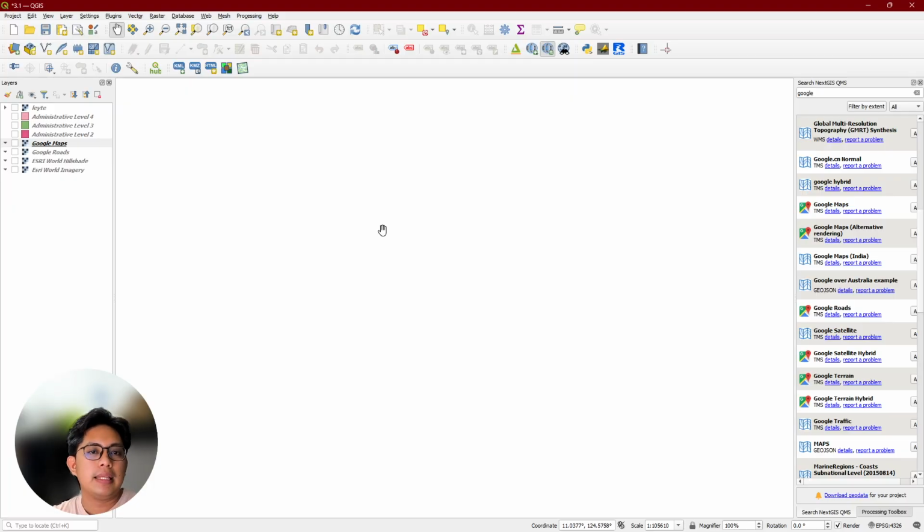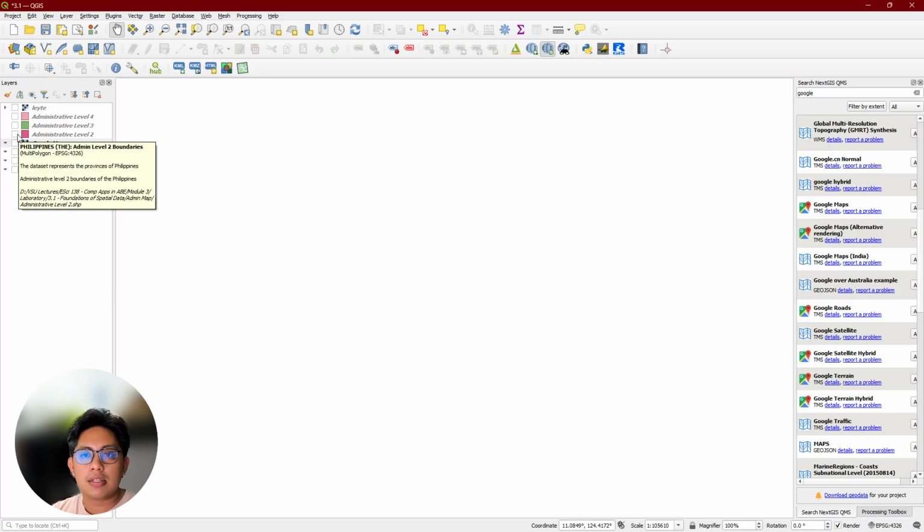For now, the goal of your exercise is to make a multi-level administrative map of Leyte. When we say administrative map, level 1 is your regions.